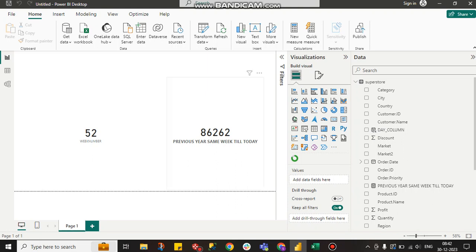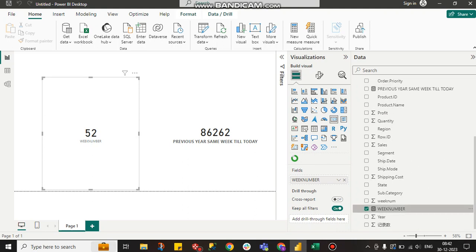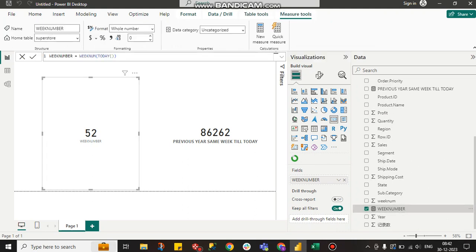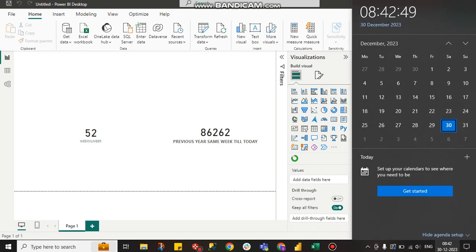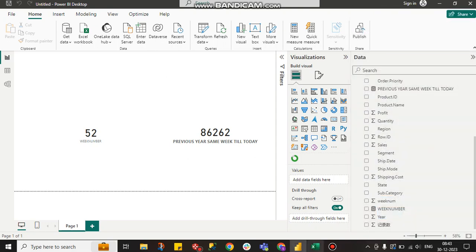Here you can see what my week number is. The week number of today is 52nd. In the calendar you can see this is the 52nd week, 30th of December, starting from 25 to 30. So there is no 53rd week in this 2023. There is no 53rd week. But in 2012,